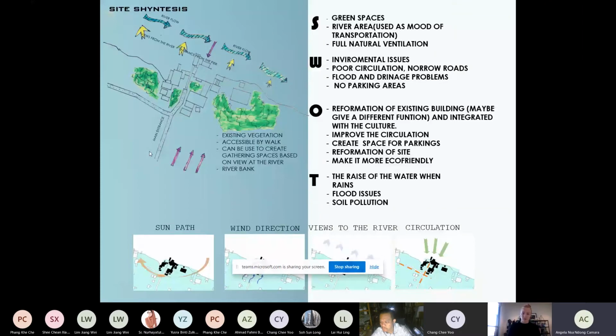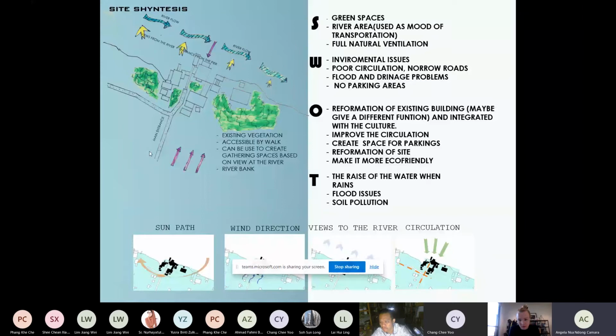The most common ones are the sun path, the wind directions, the views from the river, and circulation. As a strength of the site, it is very green and full of natural vegetation, and we also have a river area which is used as a mode of transportation, which would allow two entrances, one from the river and one from the road.